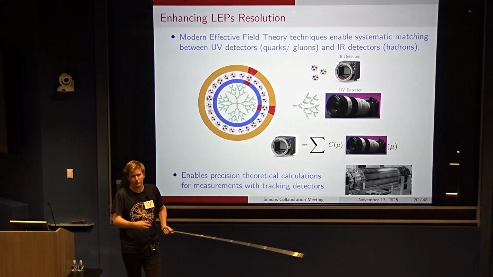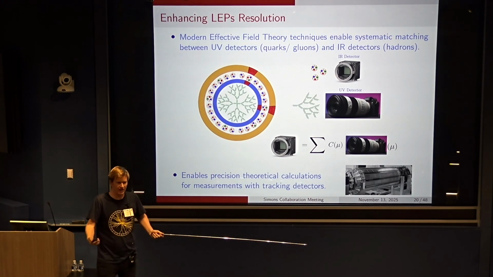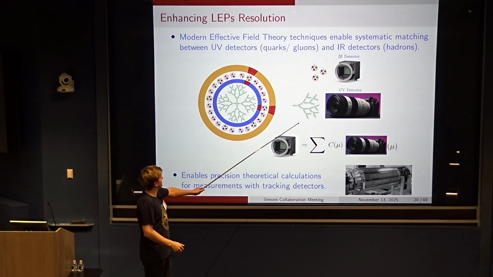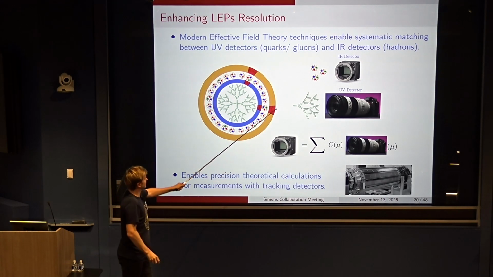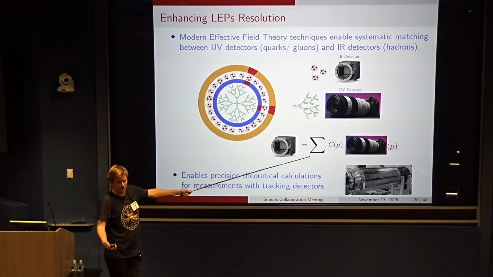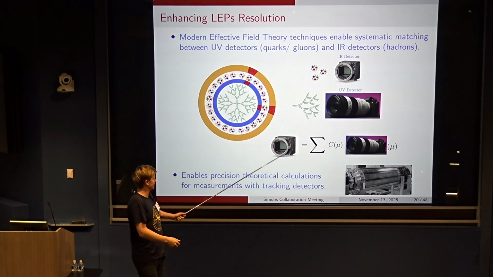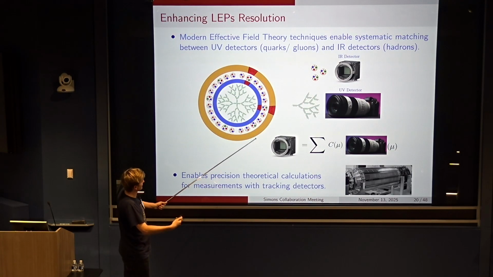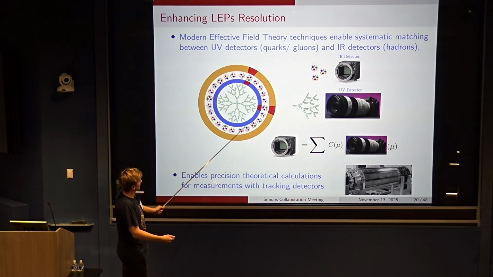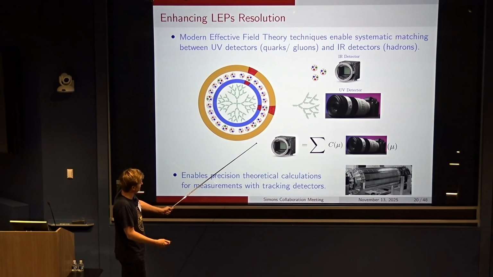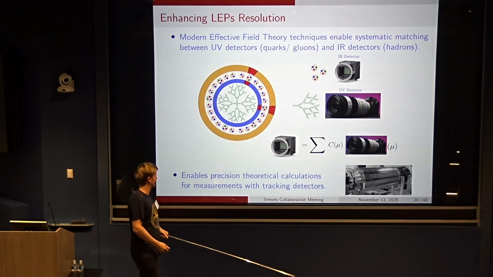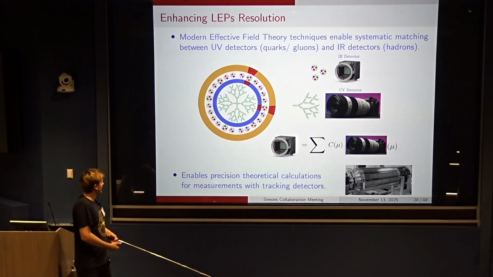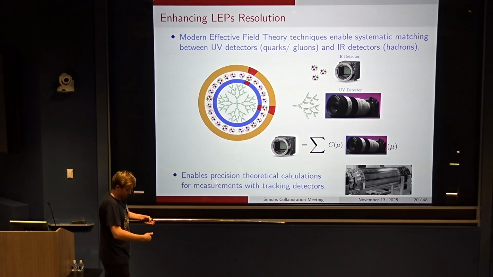You can think of these infrared detectors as literally measuring the hadrons, so they can incorporate properties such as charge or other properties of the hadrons which you might want to incorporate. Then you have UV detectors which reach in and measure the individual quarks and gluons. I've written it very schematically, but just like for local operators, you can have a matching equation between your infrared detectors and your UV detectors over here.